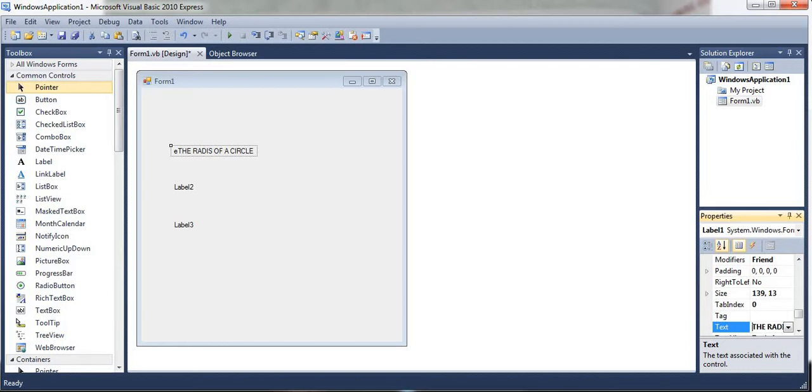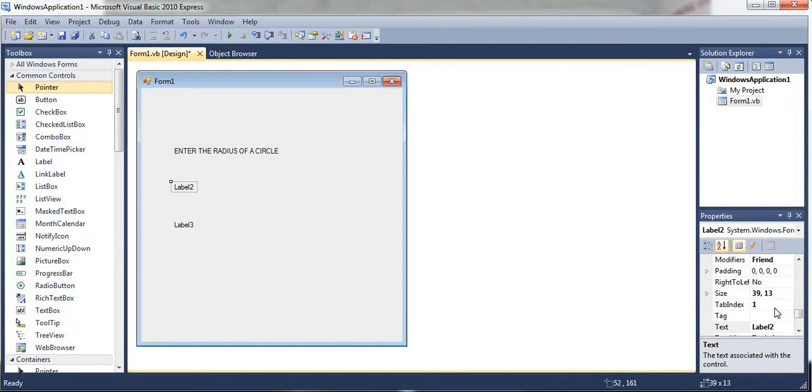Wait a minute. Enter the radius. The spelling of radius is a mistake. Radius. Enter the radius of a circle, right? Now, next, in this label, what will be the answer? What will it calculate? Area, right? Area of a circle is, here we can see area will be